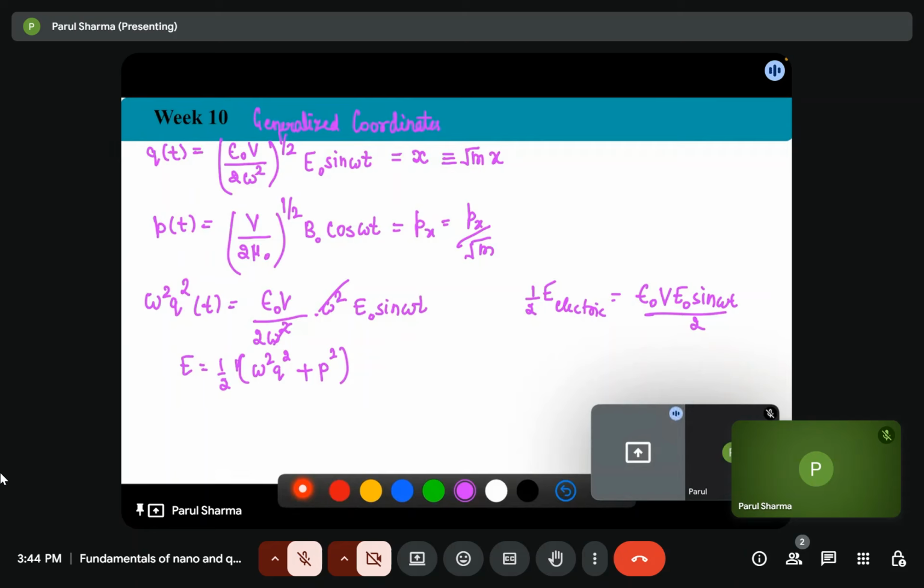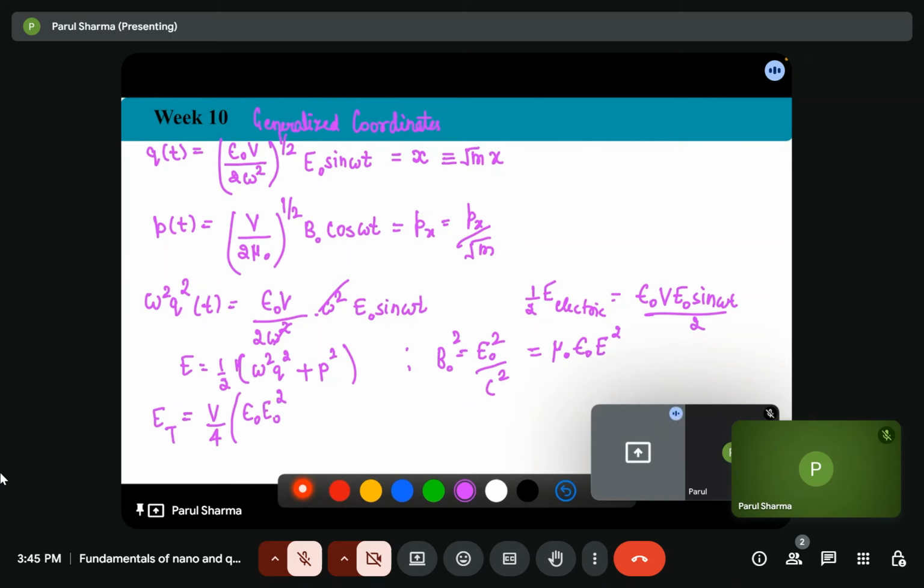Since we know that B naught squared by E naught squared is 1 by c squared, we can write it as mu naught epsilon naught E squared. So if we want to find out the total energy, that is V by 4